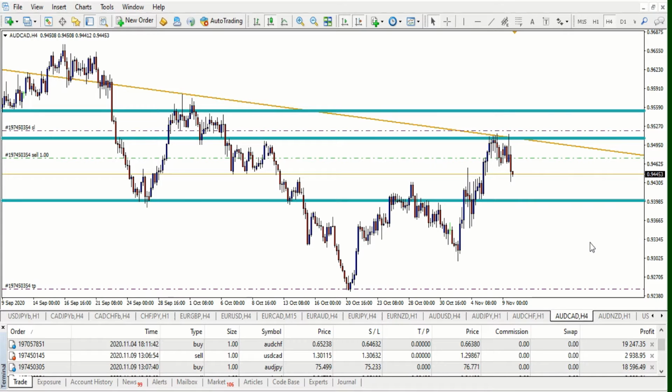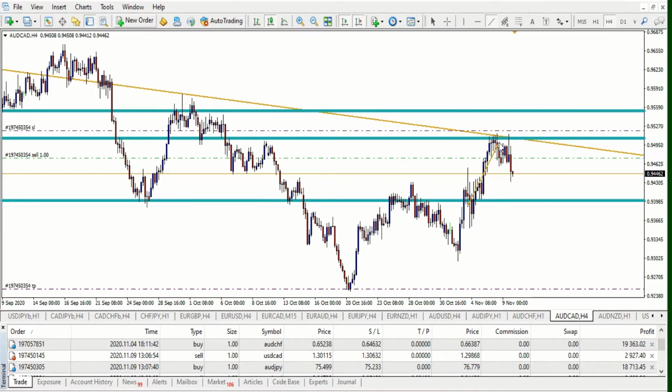Okay, so there's trades that I took last week, there's trades that I took today, and I'll just show you guys how those panned out. So the first one you could look at is the Aud Cad, and this was simple. Remember, in my weekly analysis video yesterday I said the market might move up, okay, which it did, and